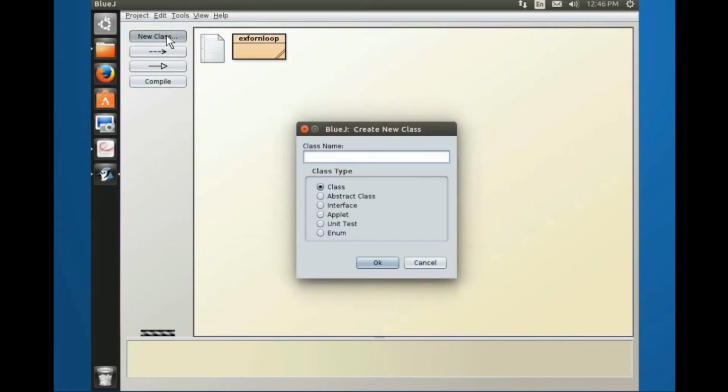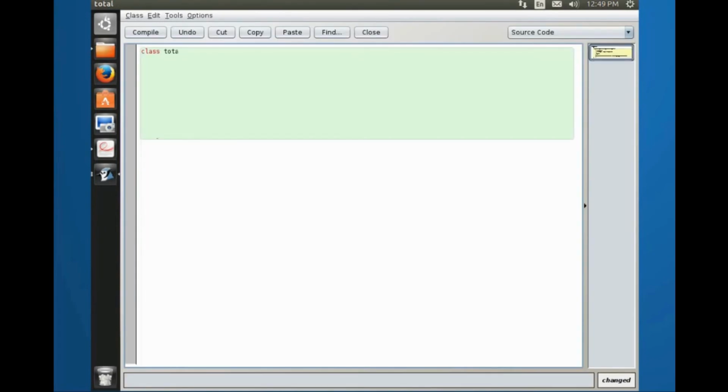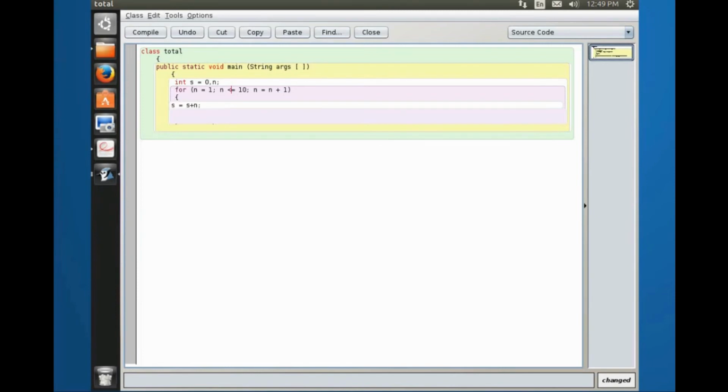Program 2. Write a program to display the sum of first 10 natural numbers. Program: class total, public static void main(String[] args), int s = 0, n; for (n = 1; n <= 10; n = n + 1), s = s + n. System.out.println("Sum of first 10 natural numbers is " + s). The output of the above program will be